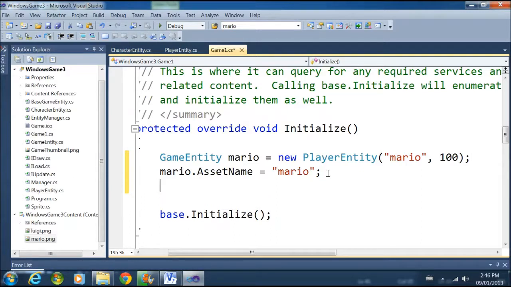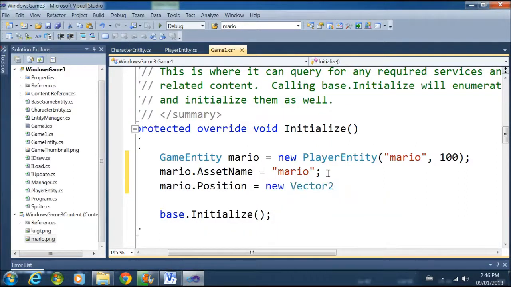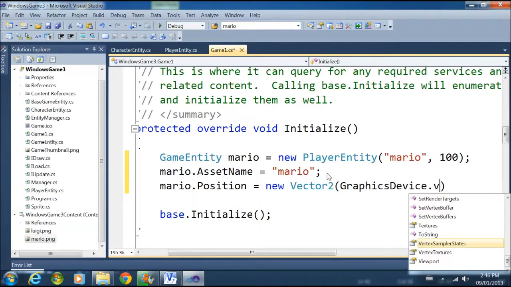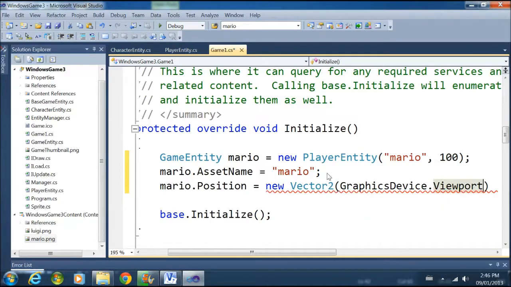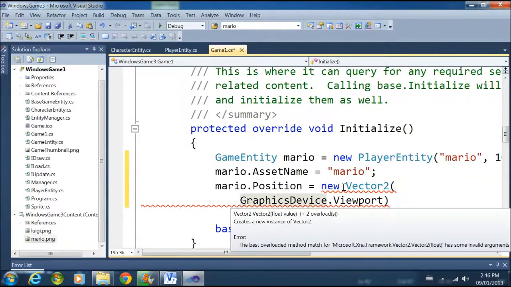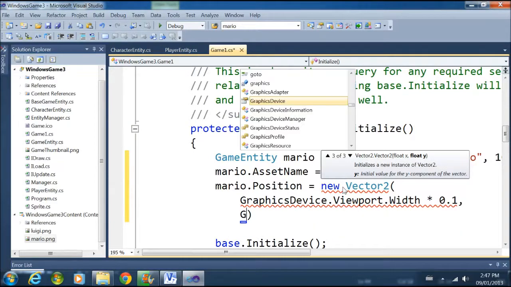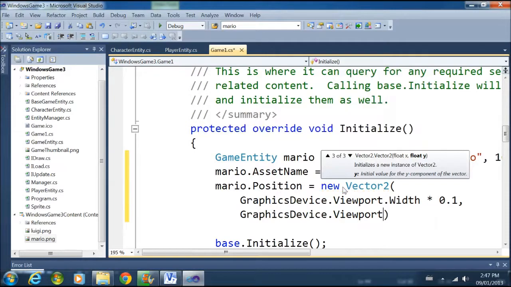And we're going to set Mario's position equals new vector2. We're going to get the graphics device dot viewport dot width, multiplied by 0.1, and then graphics device dot viewport dot height multiplied by 0.1. So what this is going to do is this is going to take